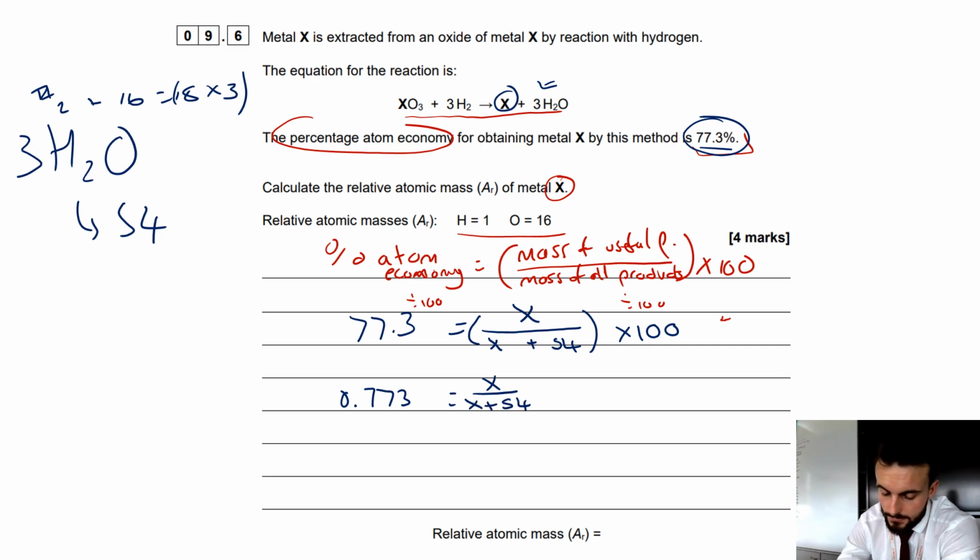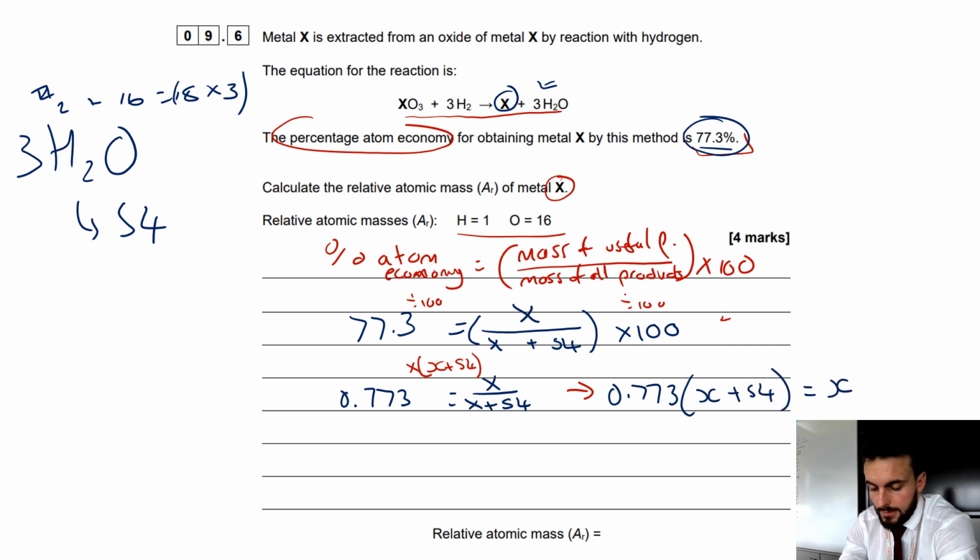That's 100 gone. Then we're going to get that X plus 54 from the underneath of the brackets, so we're going to times both sides by X plus 54. So if I rewrite that out, I'm going to have 0.773 times X plus 54 is X. Then I am going to expand those brackets next. So that's going to be 0.773x plus whatever 0.773 times 54 is, which is 41.742